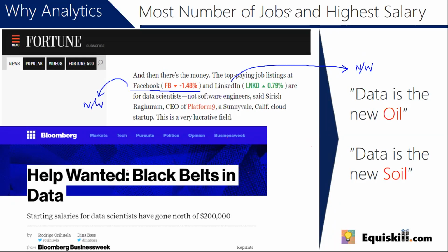But today, the business that all of them are in is actually nothing but data. And everyone today is in the business of getting more and more data and analyzing that data, putting out ads, looking at how they can cross sell and upsell to customers. If you haven't heard of cross selling and upselling, don't worry about it. That's coming up very soon. But basically, advertisements is one angle, but really it's all about getting the maximum out of your data. And that's why a lot of people believe today that data is the new oil and data is the new soil.